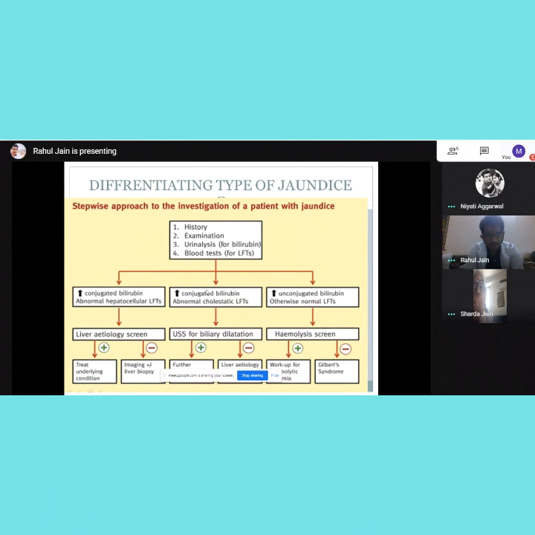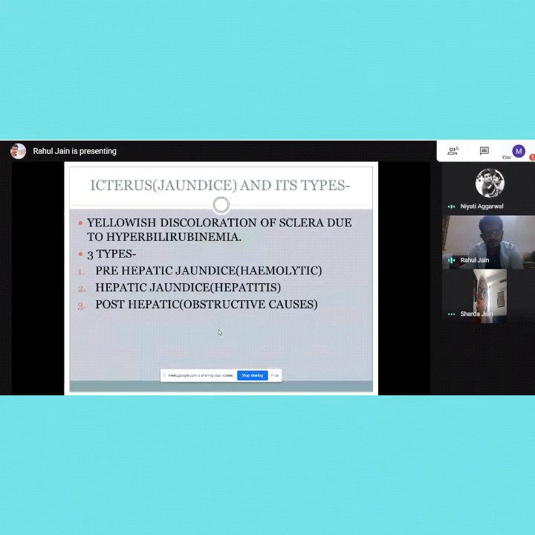Then talking about post-hepatic jaundice, there are something called cholestatic LFTs. It includes my GGT and my ALP. We'll discuss them further in the next slides. They will specifically rise very high as compared to AST and ALT, and again similar clinical features of light stools, dark urine, and itching can be associated. So it should give me a hint that there is some obstruction, and there I should do an ultrasound and CT scan for gallstones and all those things. So that's how I basically differentiate between pre-hepatic, hepatic, and post-hepatic jaundice.